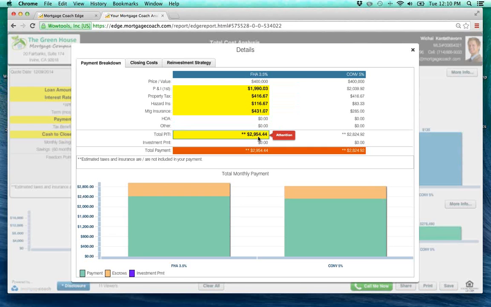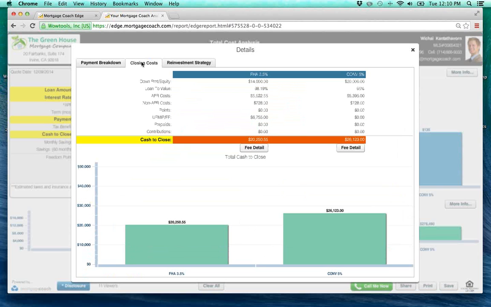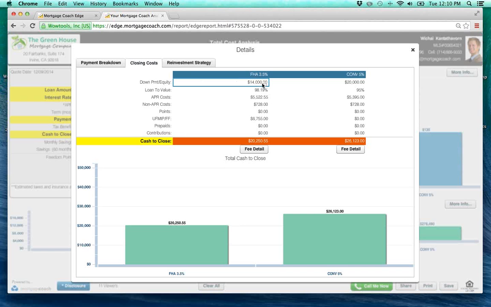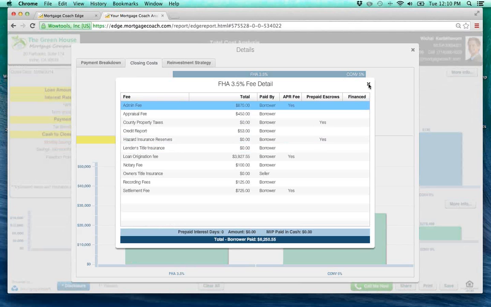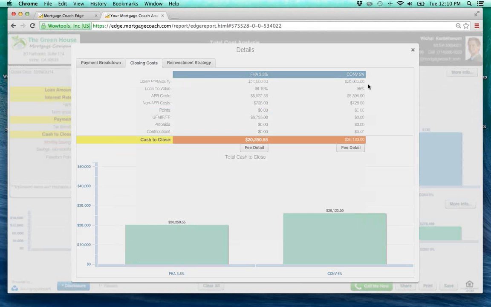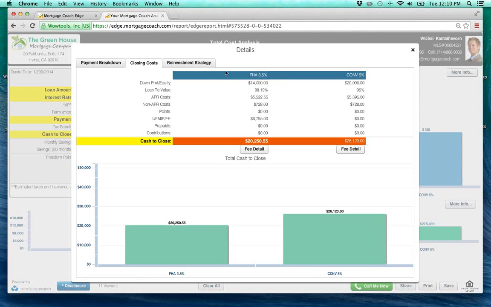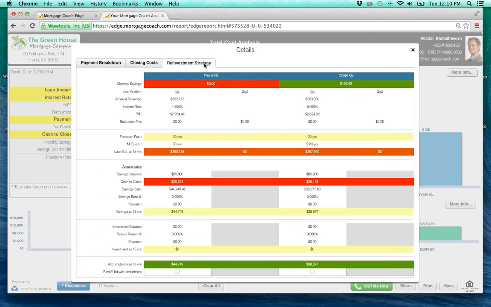With a grand total, we could break it off and continue on with talking about closing cost, making sure they know that we could either bulk up these fees, or if you take time and create your fee templates, you could then distinguish the difference between your fees and third-party fees. And once you're done talking about fees, you get to jump into any type of reinvestment strategies,